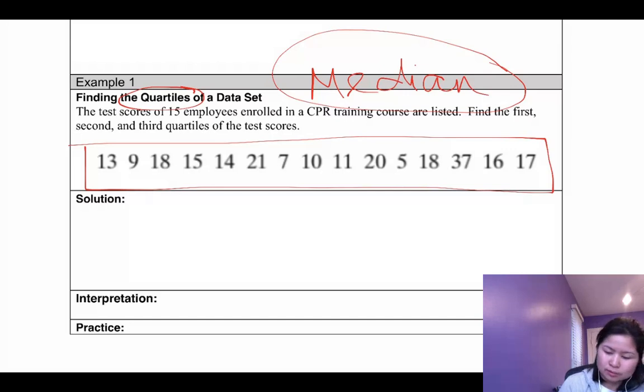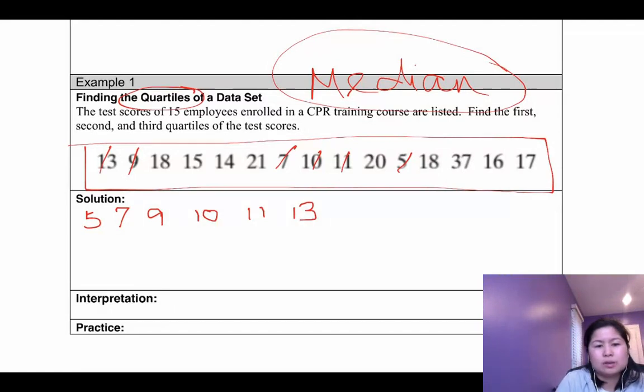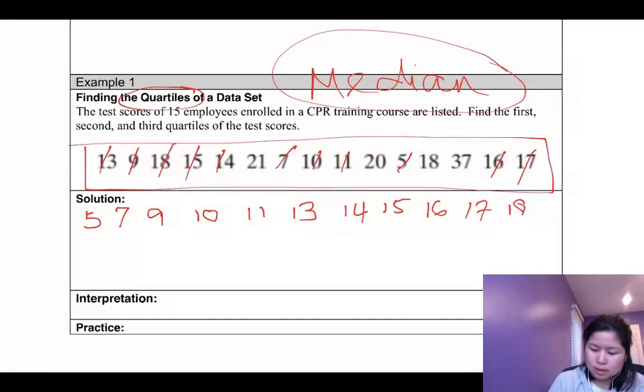I'm going to start with a 5. I know that's the lowest. Then I have 7, then 9, 10, 11, 13. Notice I keep crossing out the values, so I'm not going to repeat the values myself. 14, 15, 16, 17, 18. There are 2 of those. 20, 21,